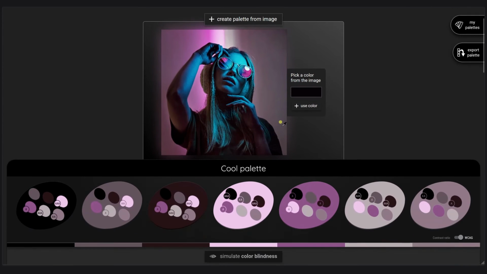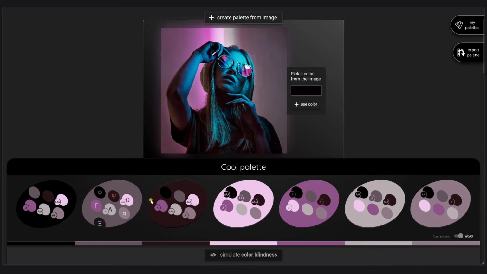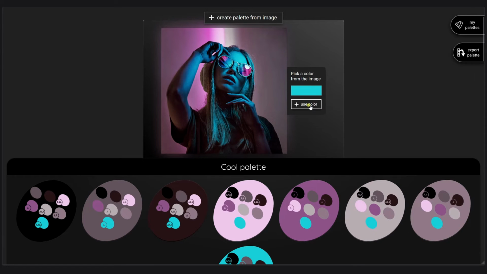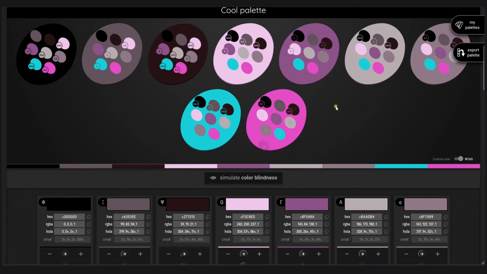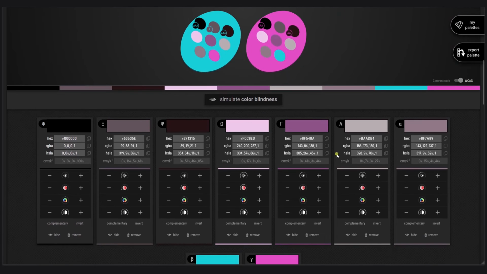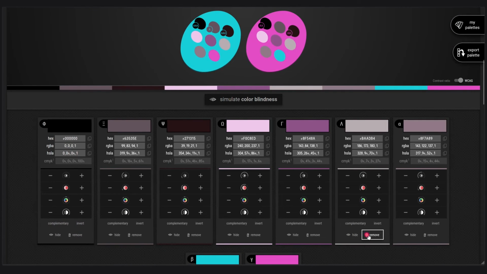Here you will see the colors that are the most populated colors in my image. So of course, the color that is happening the most often is the background. So I want the blue to be added as well. I want the pink, which is quite poor in the color, to be added as well, because this is the vibrant color, this is the flashy color. And after, I can just check to remove the one I don't want anymore.